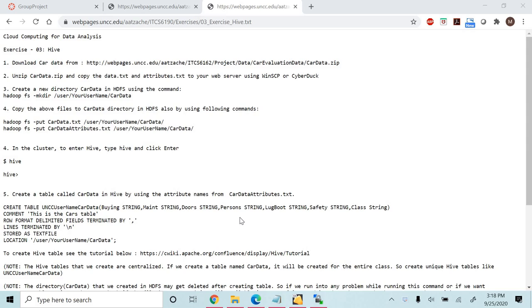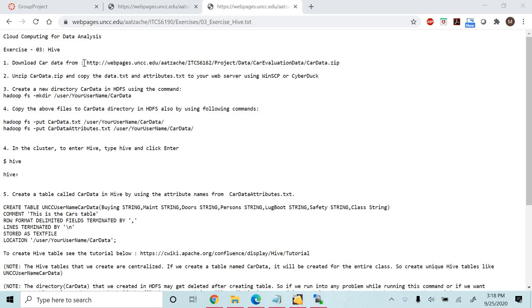Now I'm going to demonstrate the implementation for the Group 2 project where we need to create a Hive program. The purpose of the program is to create a table in Hive and load the data into the Hive table, then run SQL queries on the data and store the results in the output file. And I'm going to implement the program in Cloudera. And here are the implementation steps for the Hive program.